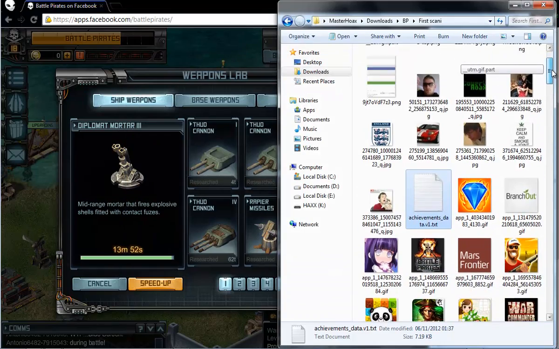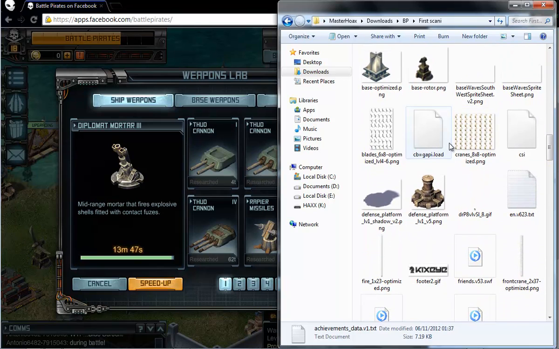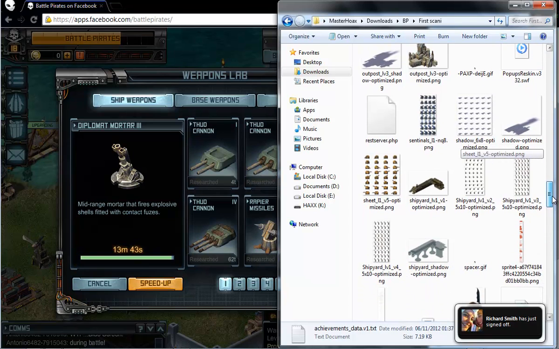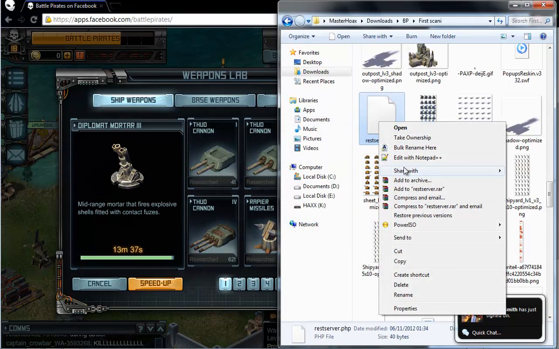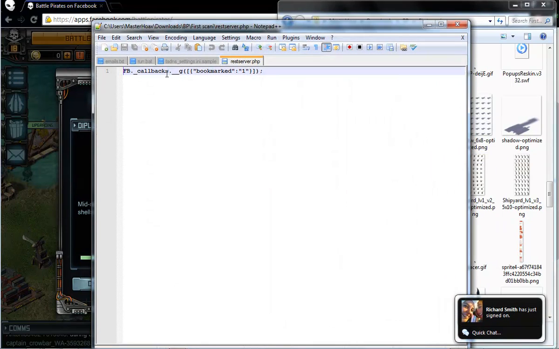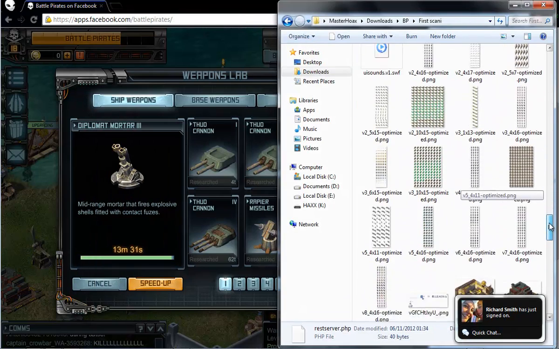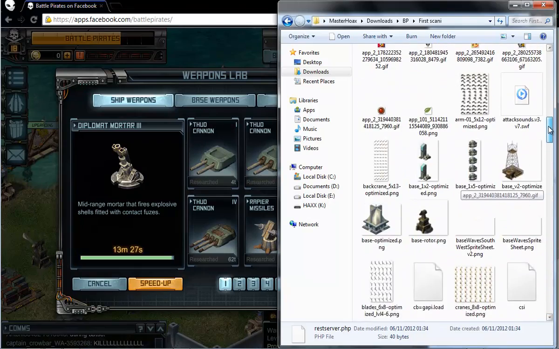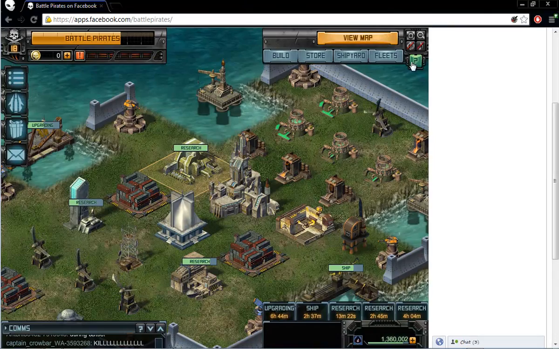And in some script files, I don't know whether there's any in Battle Pirates, but let's have a look. REST server PHP, open. What we'll do is we'll edit with Notepad. Facebook calls back. Okay, no. In some of them, it will show you the code that is actually used to run the game. A good example of this, I suppose, would be